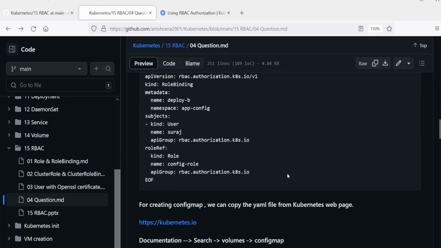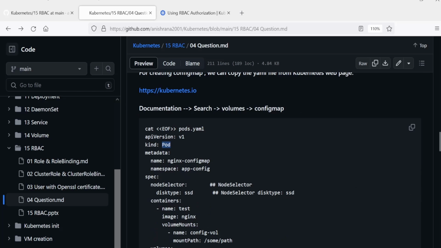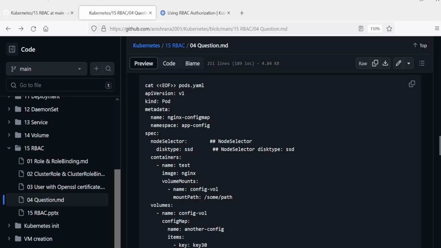Clear the window. For creating the pod, we can copy the YAML file from the Kubernetes documentation. Again, we can search volume and then config map pod. Inside this pod manifest file, I have mentioned node selector disk type equal to SSD. It means that this pod will only be created where the node selector label is set to disk type SSD.